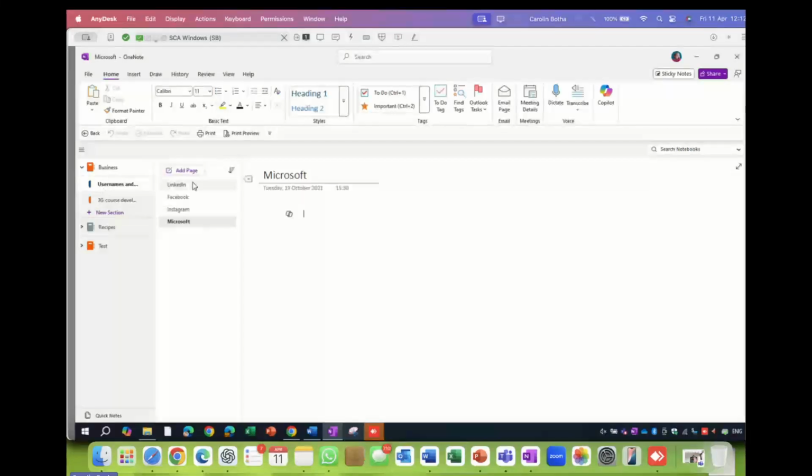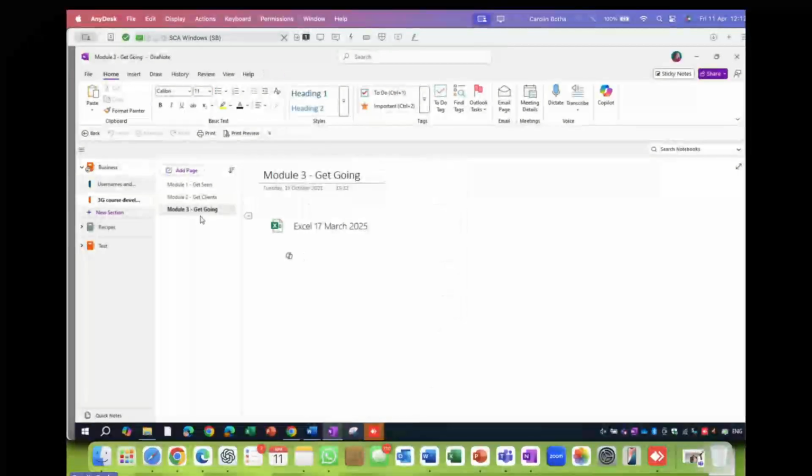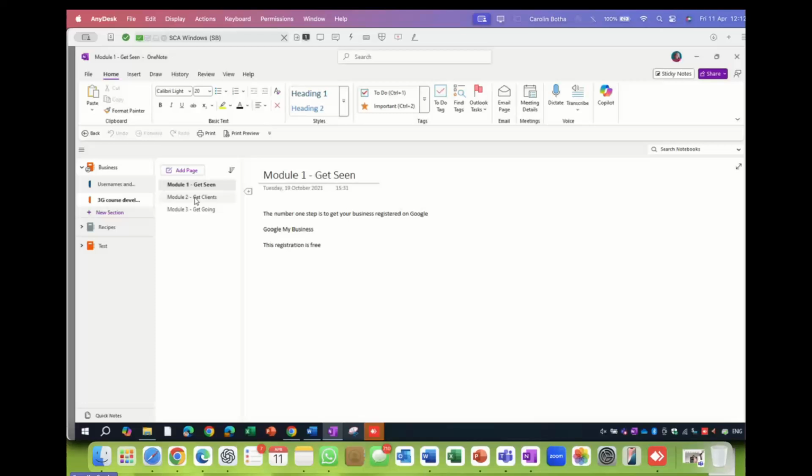One section, all my passwords. Different pages. Each page has a password and login details on. Then I have a particular course as another section that I'm presenting. This is module 1 and all the data that goes with that. Module 2 and module 3. How to get seen, how to get clients, and how to get going.